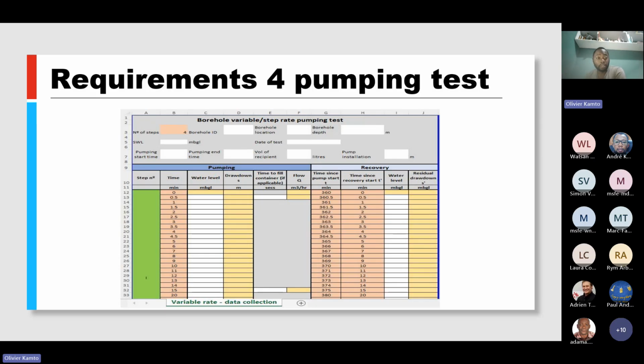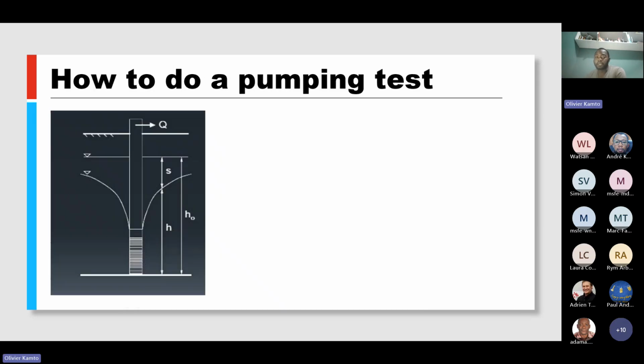So we have the data quality sheets. We definitely need to have our pens. We definitely need books, etc., etc. Then